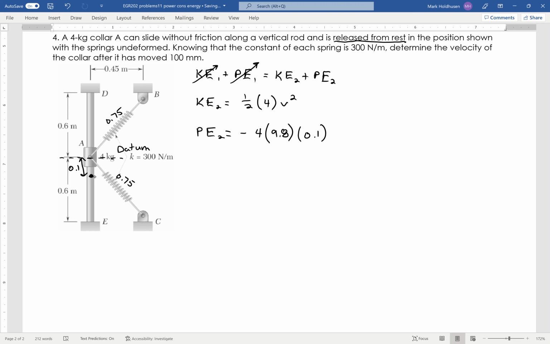Now I have 2 springs, one like that, one like this, right? I'm going to let you figure it out on your own, but for example, this is 0.5. This stays 0.45, right? I've got a triangle up here that is 0.7 now and 0.45. Do Pythagorean theorem,